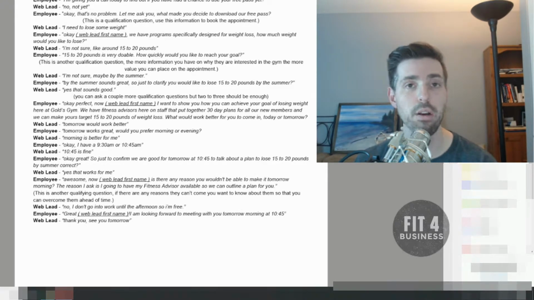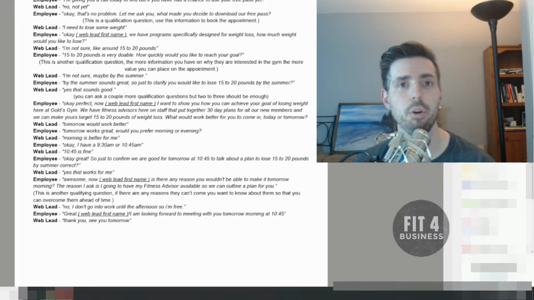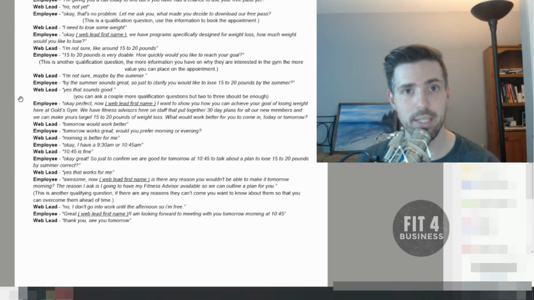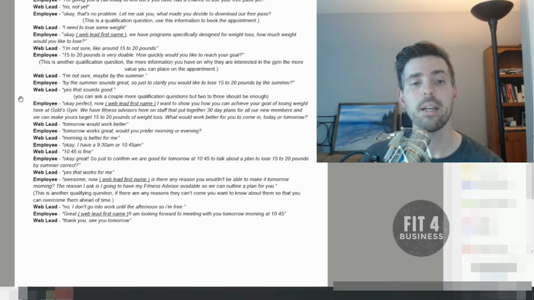It can help create urgency, because if they have a hard date for their goal, you can easily push to get them in sooner than if they're like, well, I don't really know. I'm just going to wait till after the holidays or when my work schedule changes or whatever. It can help build emphasis on getting the appointment set as soon as possible. So they agree upon that, and then this is where you're going to go to, again, reciting what they say and moving to scheduling the appointment.